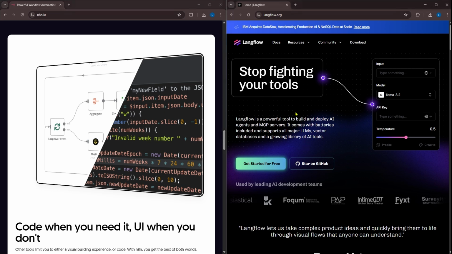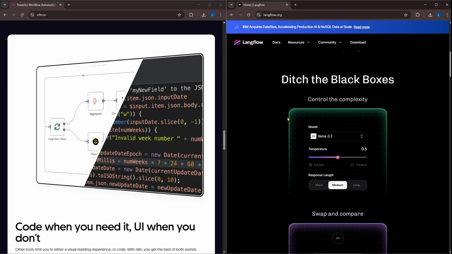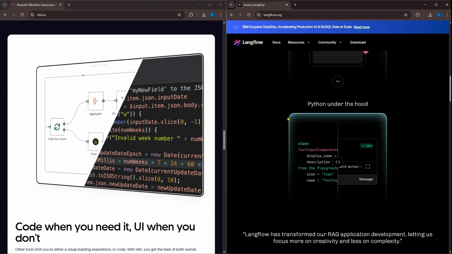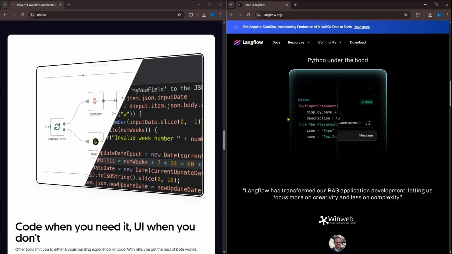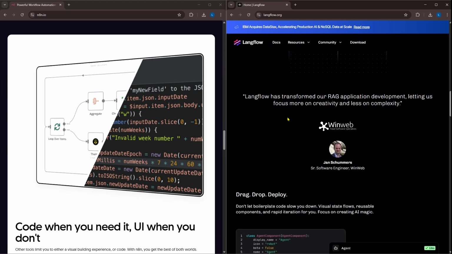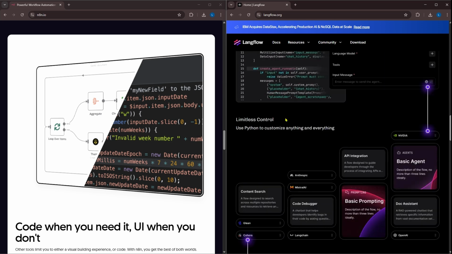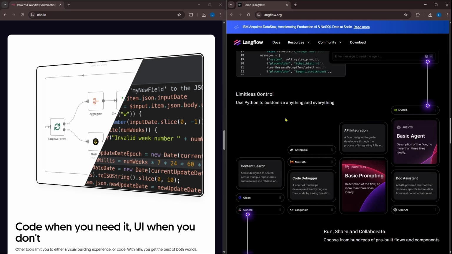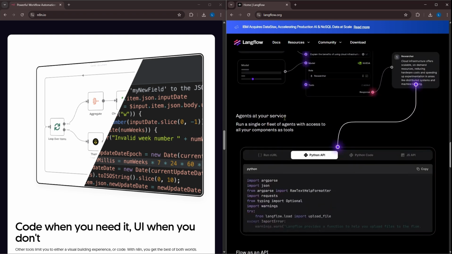Let's talk about LangFlow. LangFlow is designed specifically for building and visualizing LLM, which is the large language model, workflows. It is like a drag and drop interface for LangChain, perfect for prototyping AI agents, chatbots, or tools that need structured